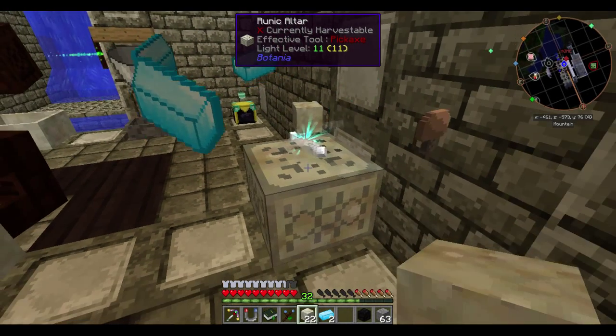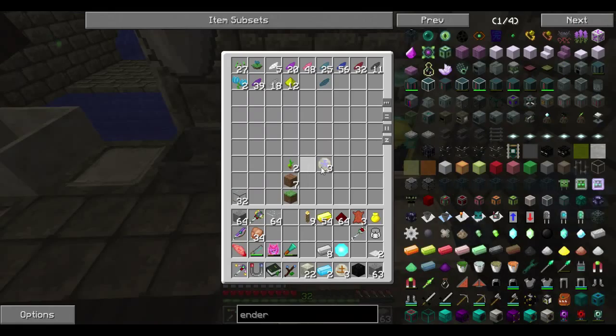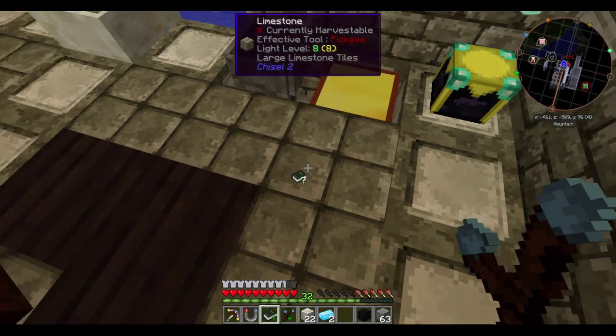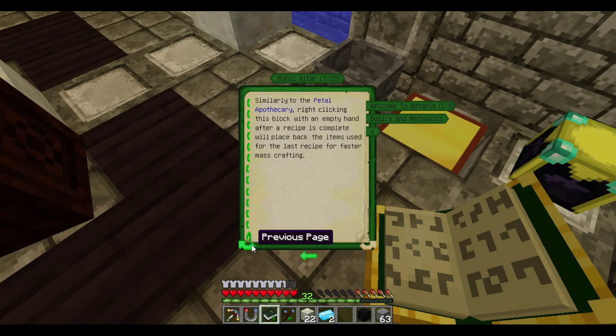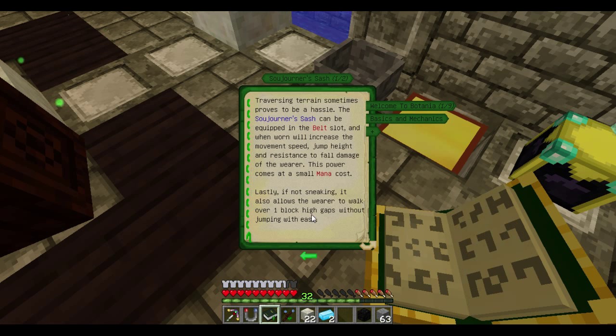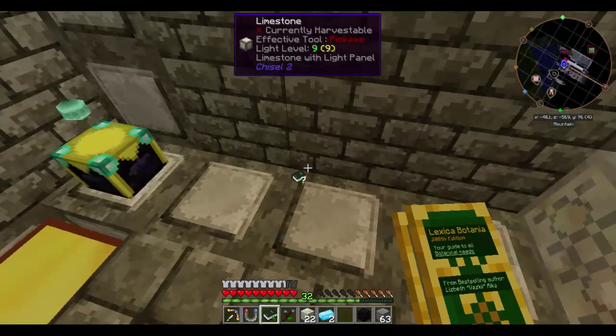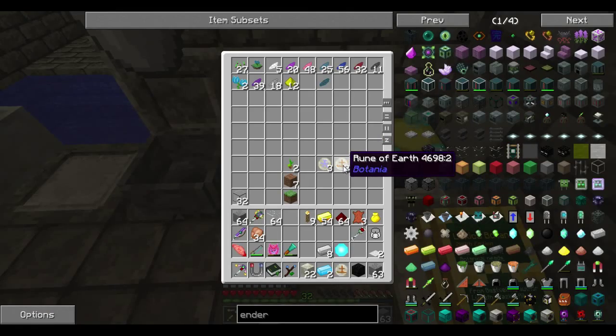Let's go ahead and throw that on there. And click that. So we got our Rune of Earth. Cool. So we got our Rune of Earth, Rune of Air, and let's see what we need to finish the sash. Let's go back. Boom. Sojourner sash. So we need mana steel ingot, 4 leathers, a Rune of Earth, and a Rune of Air. So let's go ahead and get 1 of each. 1, 2, and then